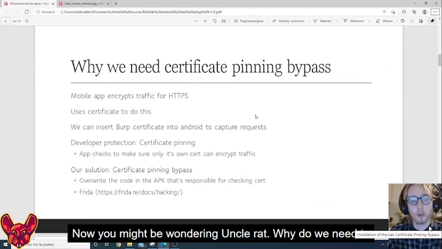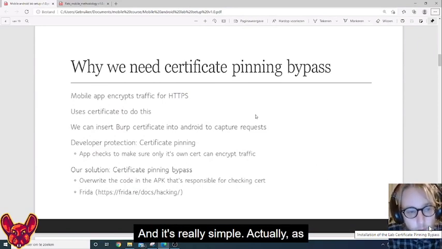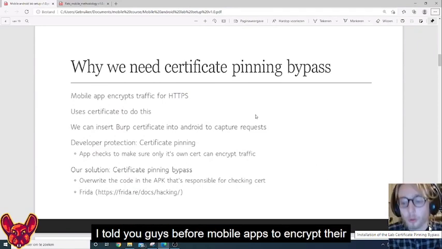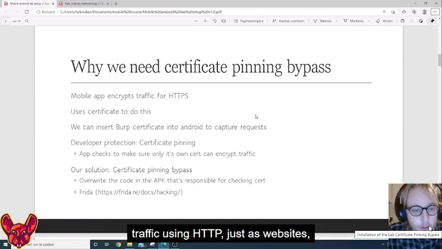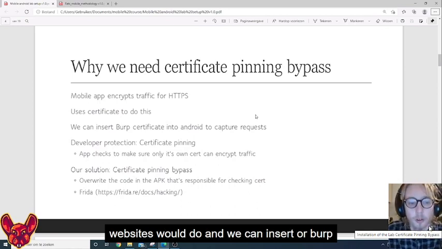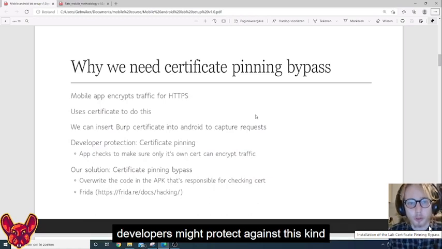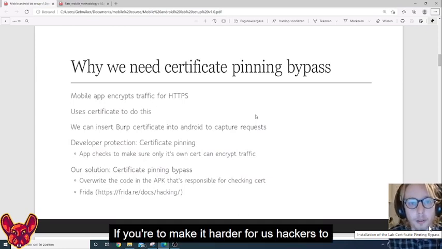Now you might be wondering, Uncle Rat, why do we need the certificate pinning bypass that you keep talking about? And it's really simple actually. As I told you guys before, mobile apps encrypt their traffic using HTTPS just as websites would do. They use the same certificates that websites would do, and we can insert our Burp certificate into Android to capture those requests. But developers might protect against this kind of behavior to make it harder for us hackers to actually